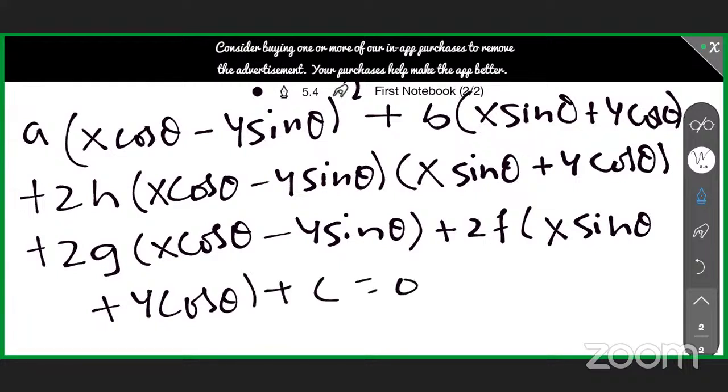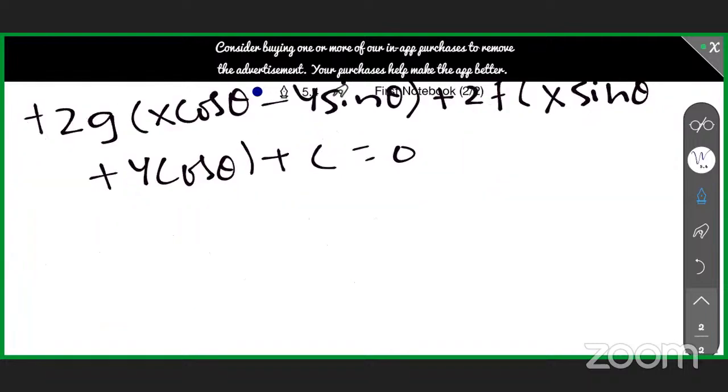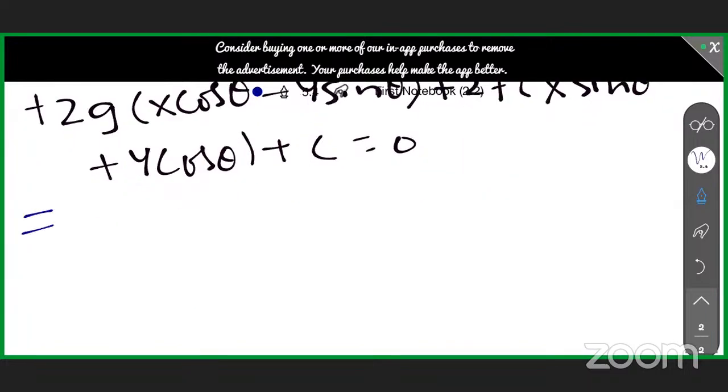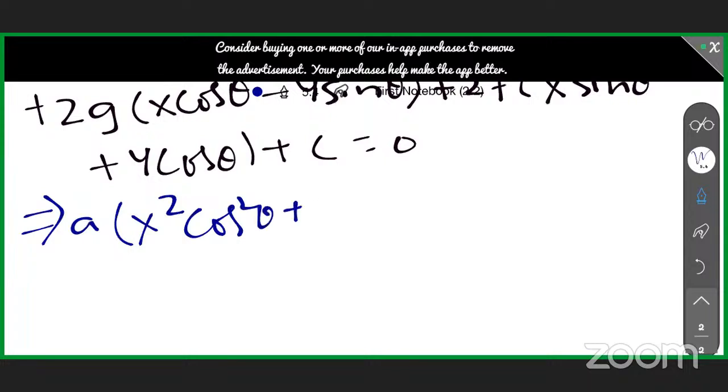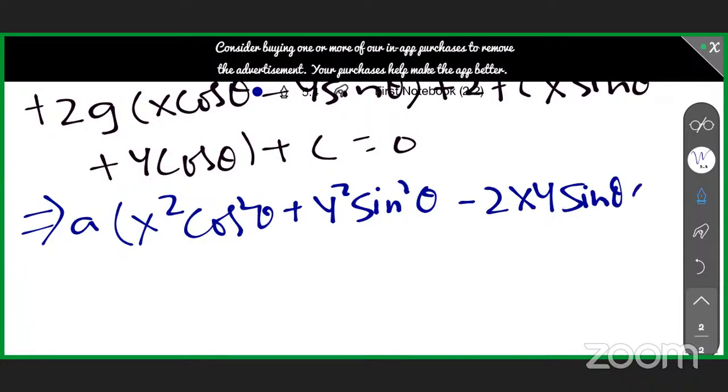Okay, we have to simplify the entire equation. I'll take a different color so it will not get confused with the next step here. So I simplify the equation. The entire equation will become now a into x square cos square theta plus y square sin square theta minus 2xy sin theta cos theta